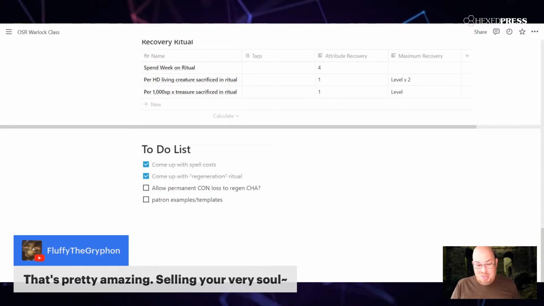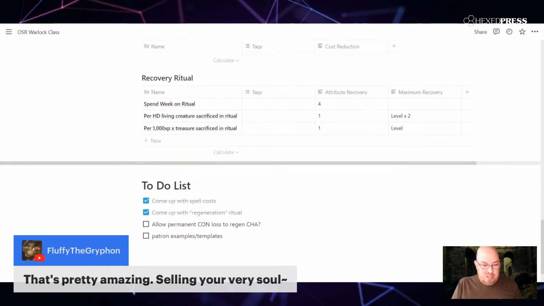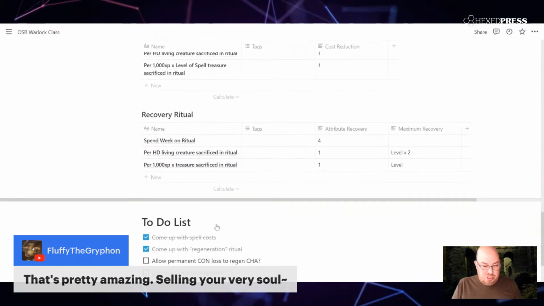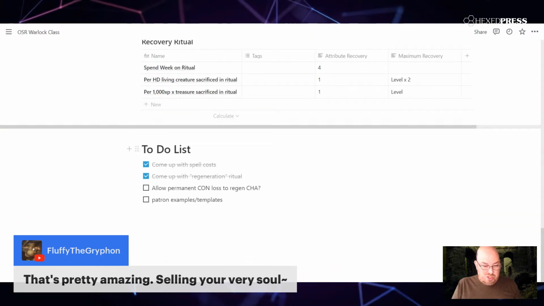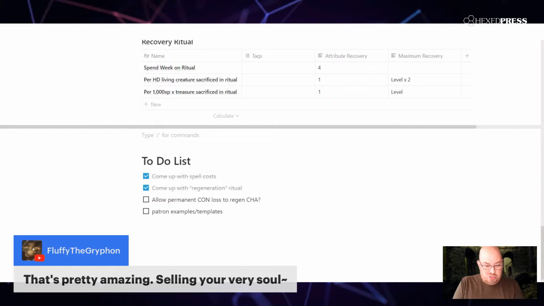But if your need is great, maybe you'd want to do that. So I kind of like that as an option. I'm not sure how much it would be. Let's see. I'm just going to type it as a sentence. A warlock may